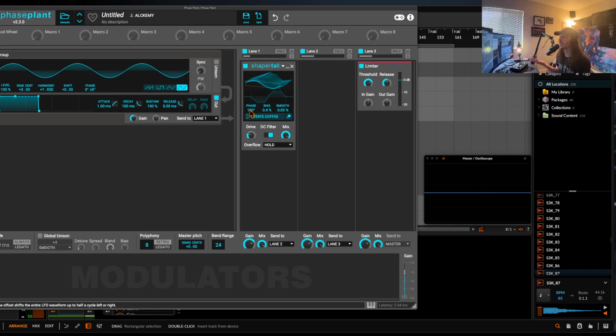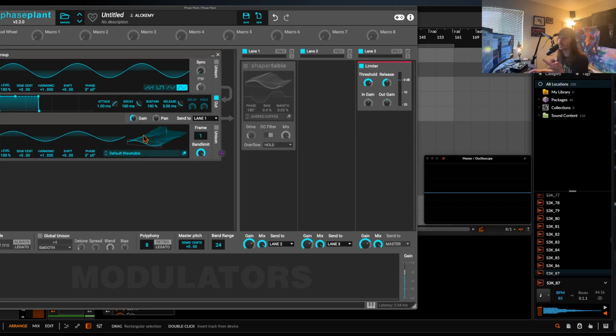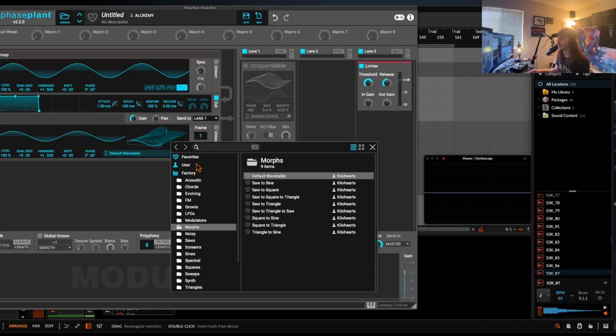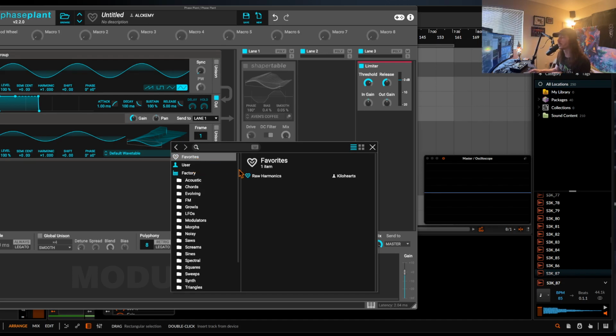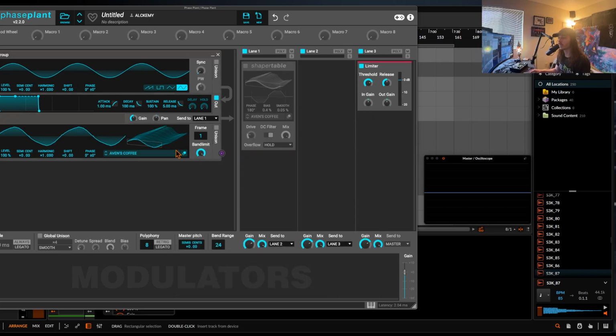So this is important because this can have a huge impact on how this shapes the sound. And then the other thing that I think is important to discuss is that it is not the same as doing PM or FM respectively. PM and FM are very similar. Phase modulation versus frequency modulation, they get to the same result, albeit with a different algorithm, but you can just say that they're related. But just for the sake of being thorough, I want to pull this up and actually apply some FM to the phase here and show you the difference of how that sounds. So